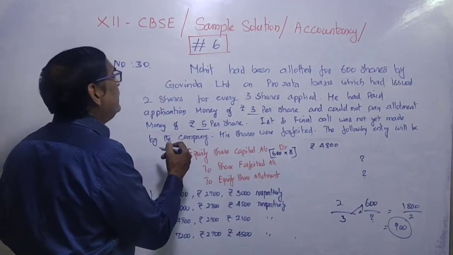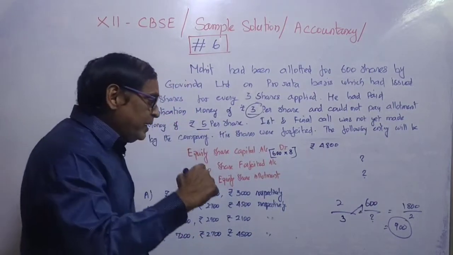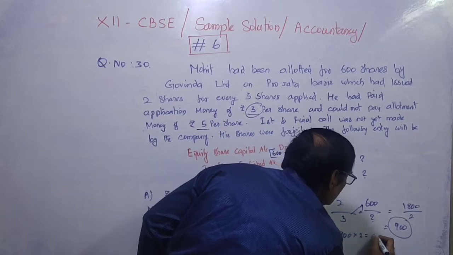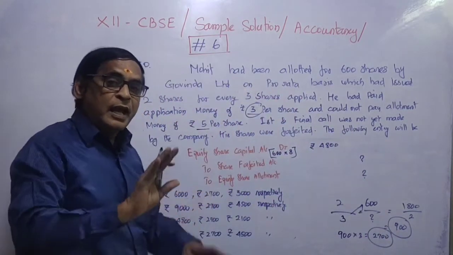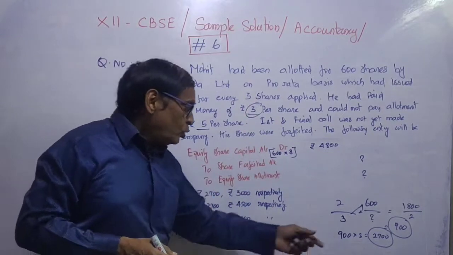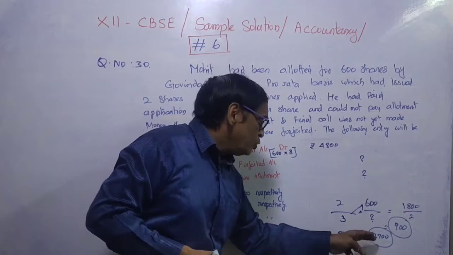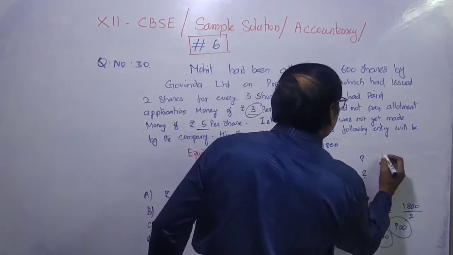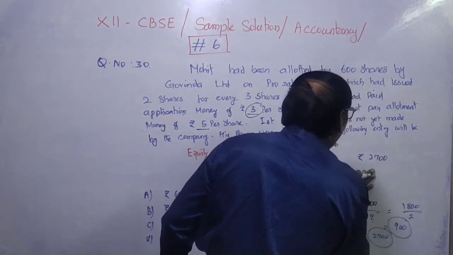Application money is only 3 rupees per share. So he has already remitted 900 into 3, that is 2,700 rupees application money. But he has not paid allotment money. So 2,700 rupees is a gain to the company. So the share forfeiture account should be 2,700. So this amount will be 2,700. For non-payment of